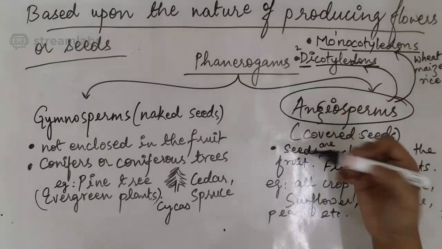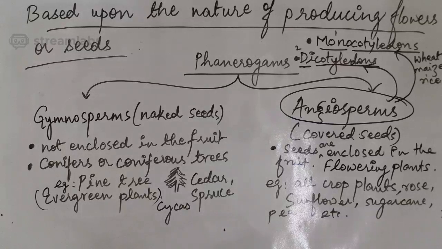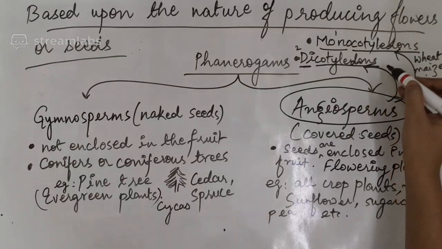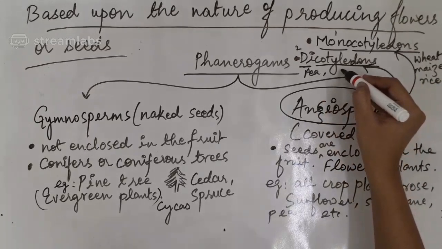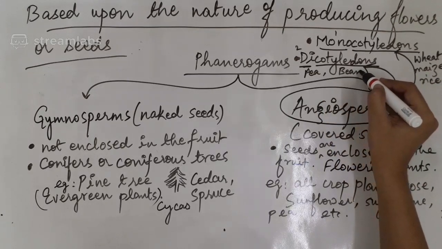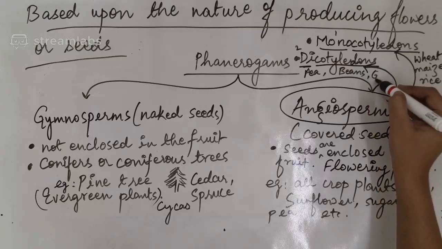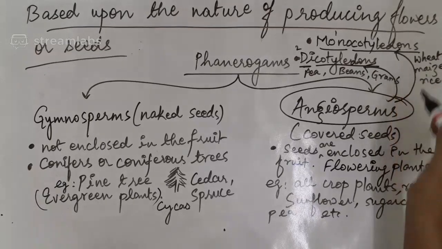These are all the leguminous plants like peas, beans, grams. इसके example में क्या हो गया, like पी, बीन्स और ग्राम्स। ठीक है।